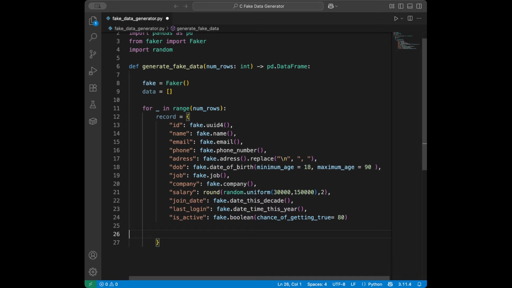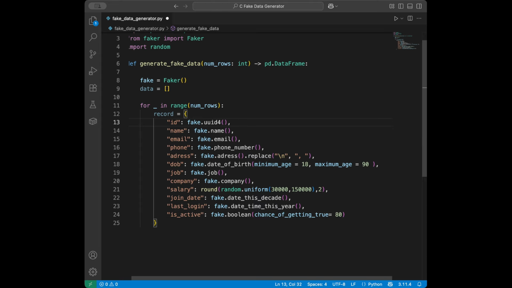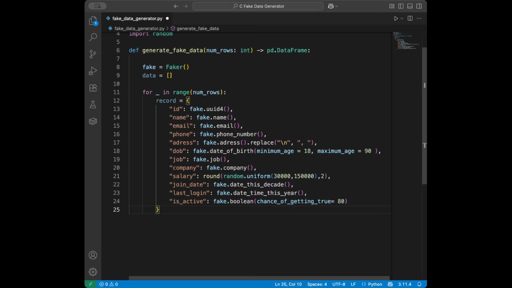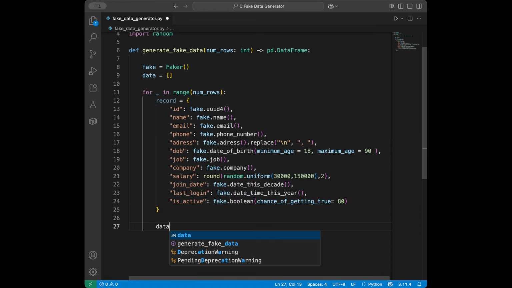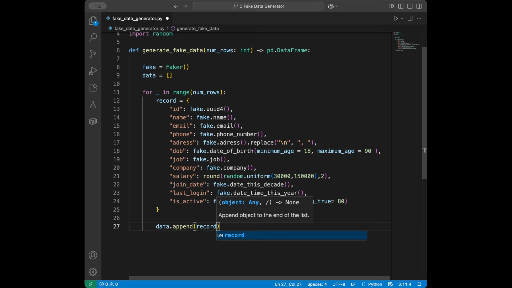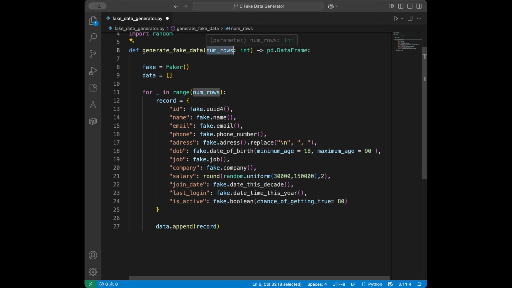So next, what we are going to do is we create this, and let me quickly check if we have everything right. We have the commas at the end of every line. Okay, cool. It's looking awesome. Next up, inside this for loop, I'm going to say data.append record. So we are going to add every record in this range to the